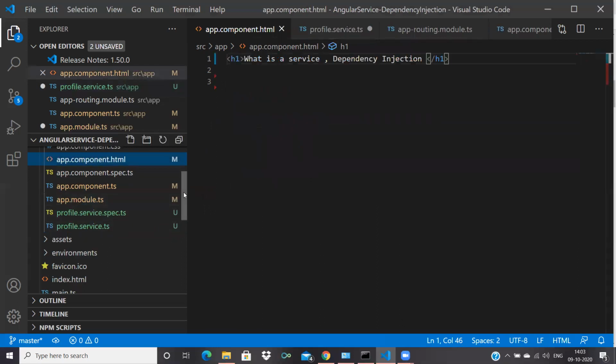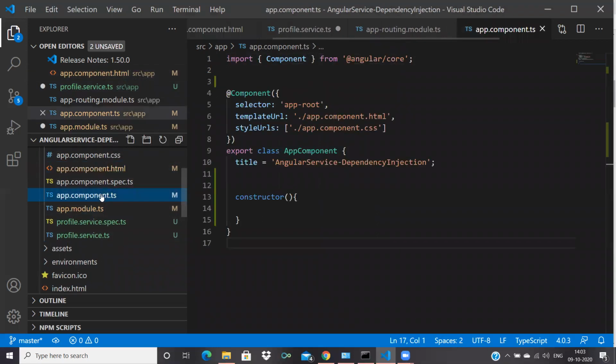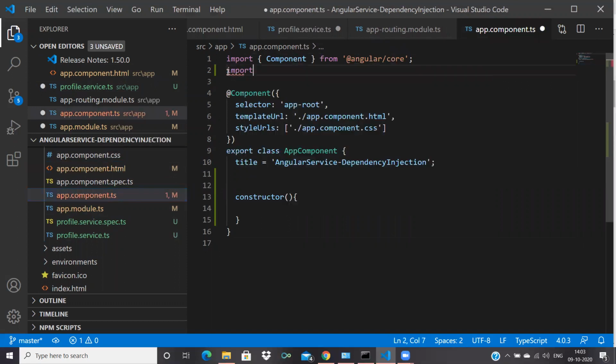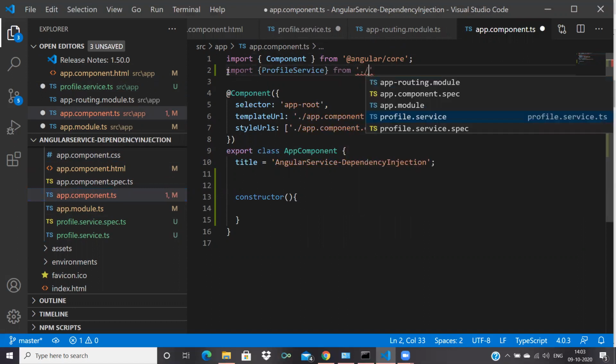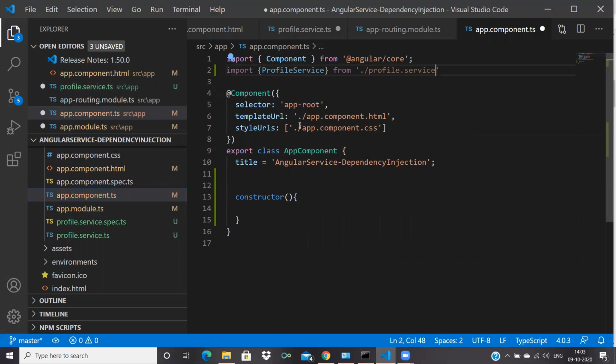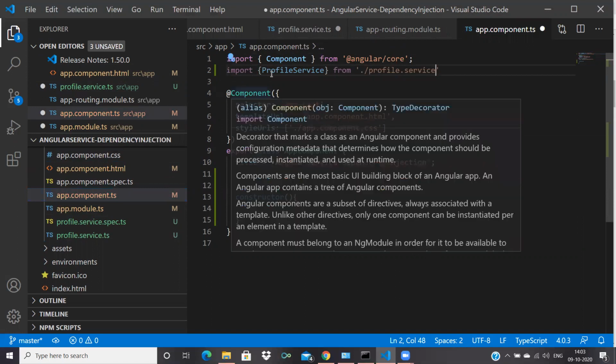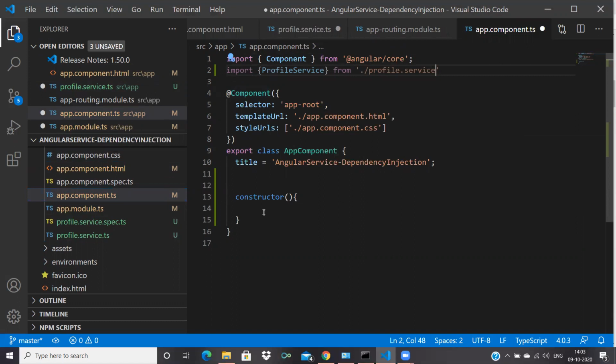Now what I will do is go to the TS file and I will import this service, ProfileService. I can't directly use this service instance here, so I want to give an instance for this service.